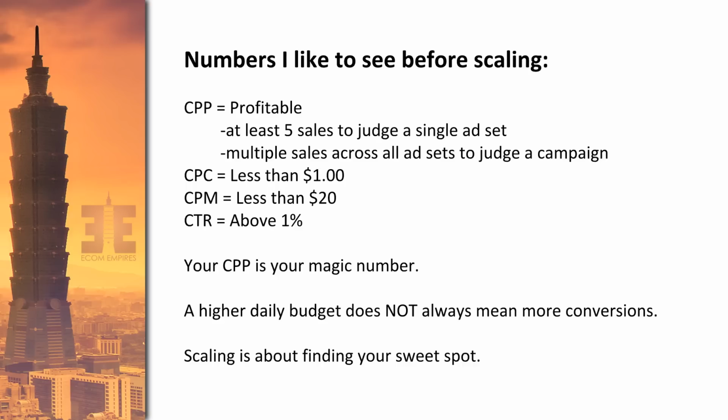All right, so I'm scaling based on my cost per purchase and that red light, green light, yellow light that I showed you back 2 lessons ago. Okay, so as long as I'm in the green light on my cost per purchase, I'm going to be scaling no matter what. But the other numbers are what I do like to see. Okay, because the more in alignment that they all are, the more it's like all signs go for scaling